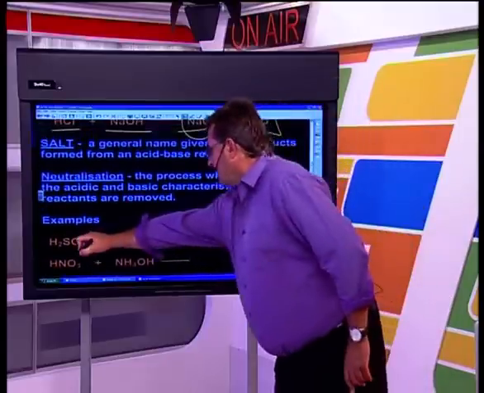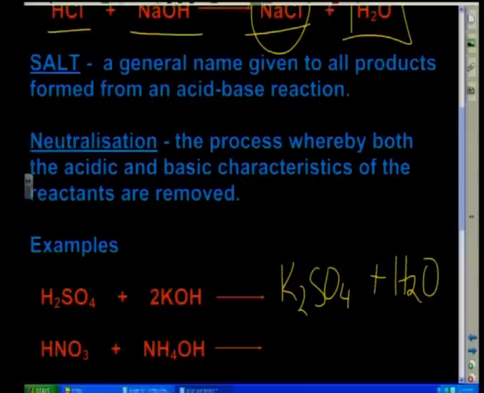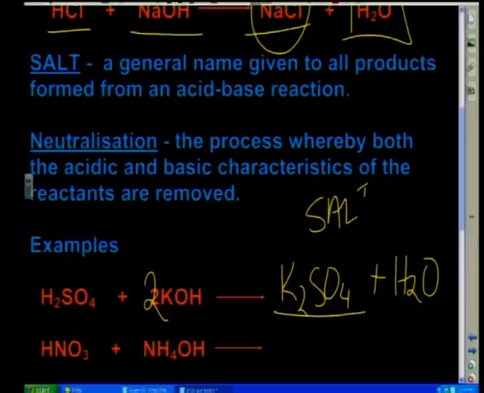Okay, but we must have a look at other reactions, because if we look at other examples over here, sulfuric acid plus potassium hydroxide is going to produce potassium sulfate plus water. Okay? Yes, and I put the balancing in there, so yeah, we do need a 2 over there to balance it out. Now, what is potassium sulfate? Well, that's also a salt, guys. Okay. It's also a salt. Why?